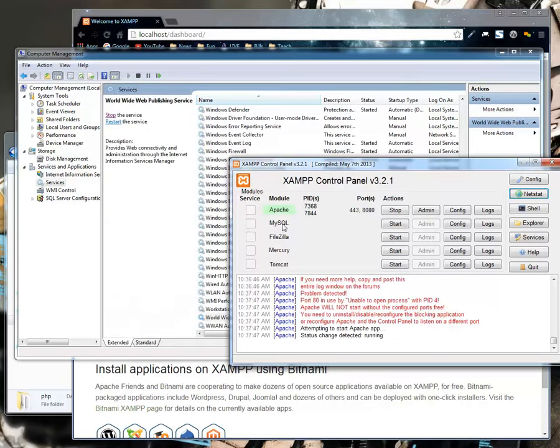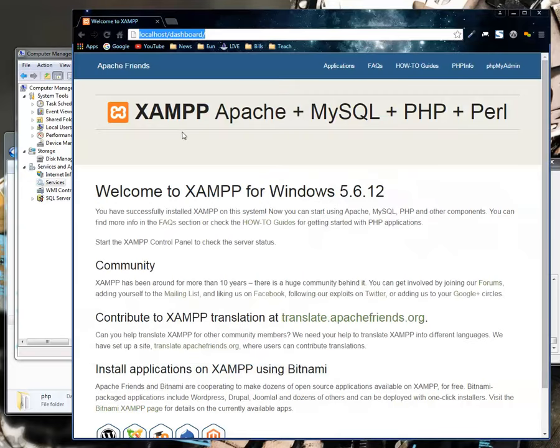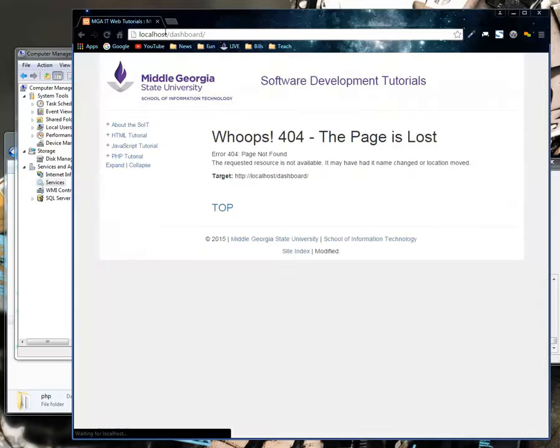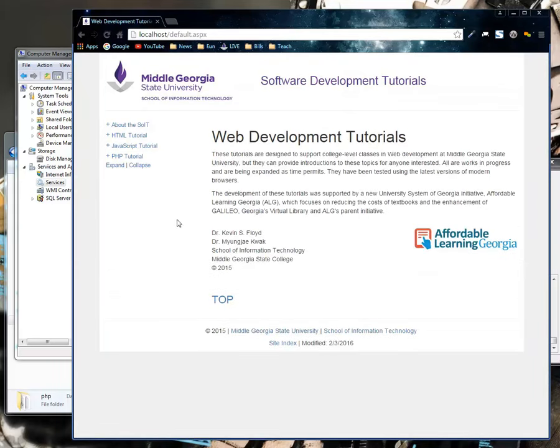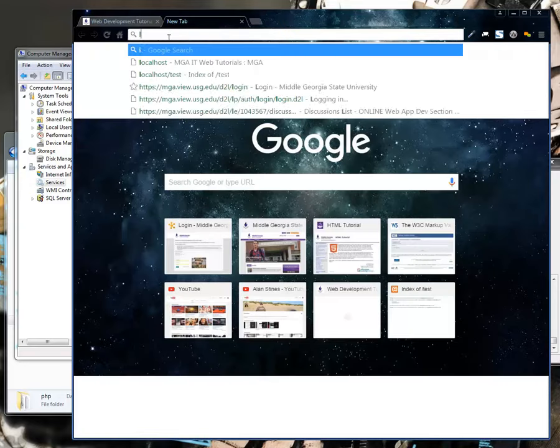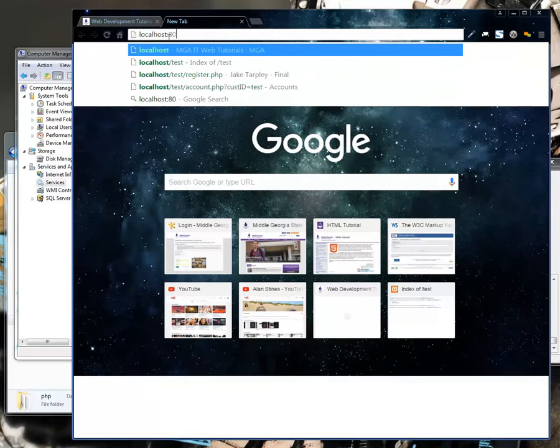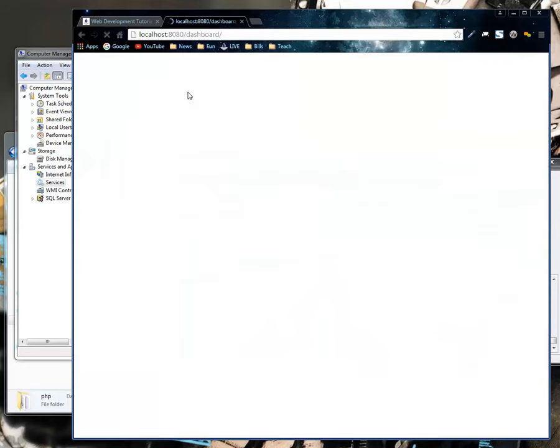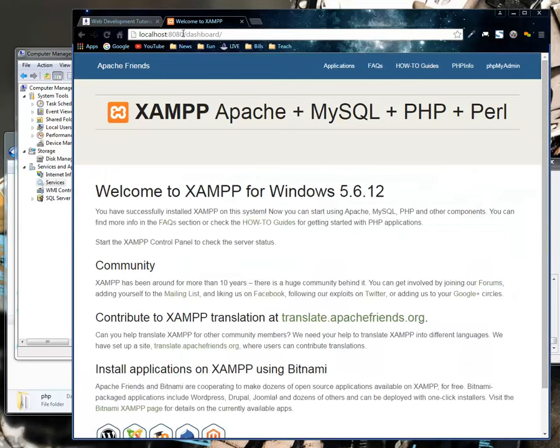You might have to do the same thing for SQL. The difference here is that now this link won't work. It's going to divert back to my localhost, my IIS instance that's running. But to get to the Xampp, it would be localhost:8080. And this would be my test environment. So if I was looking at Xampp